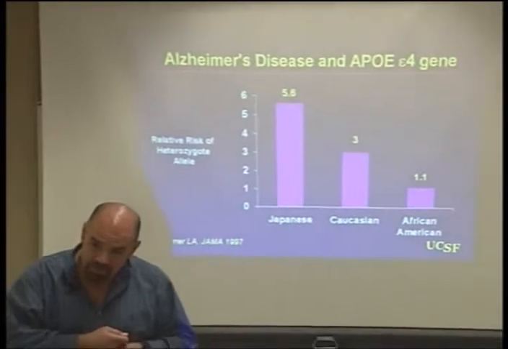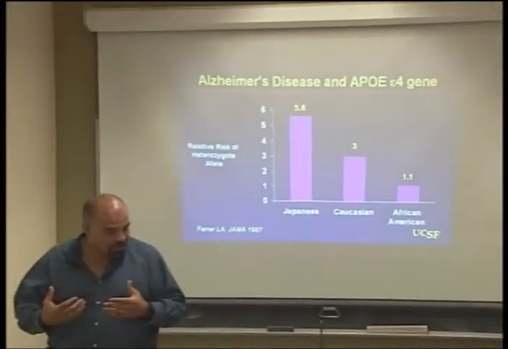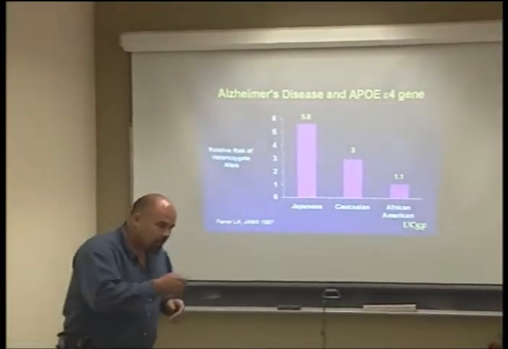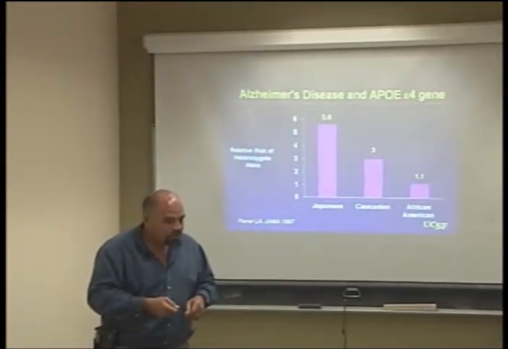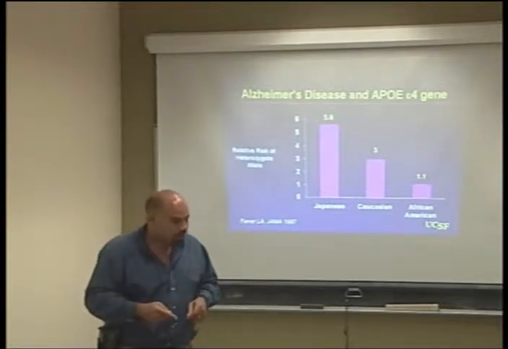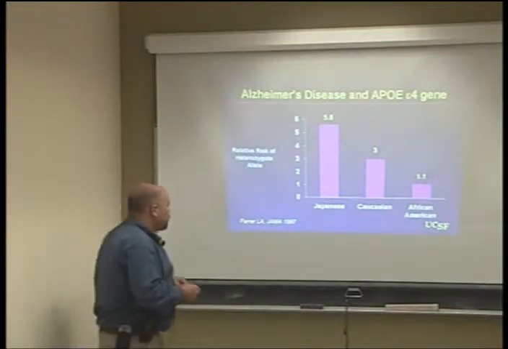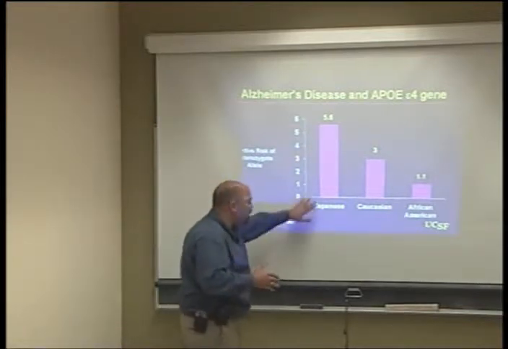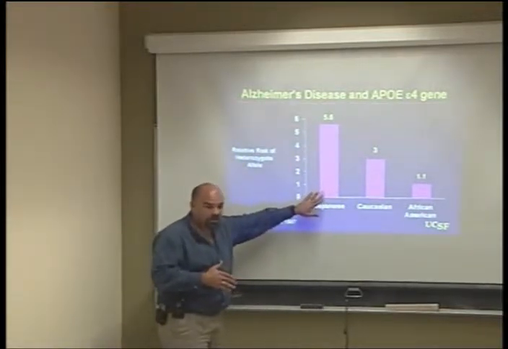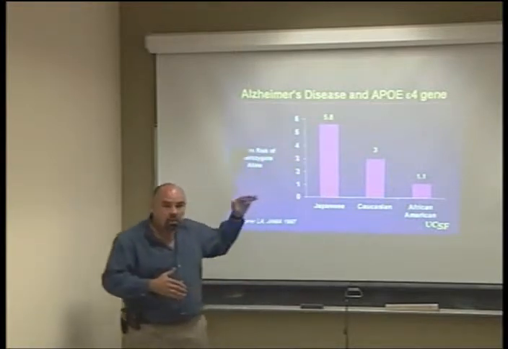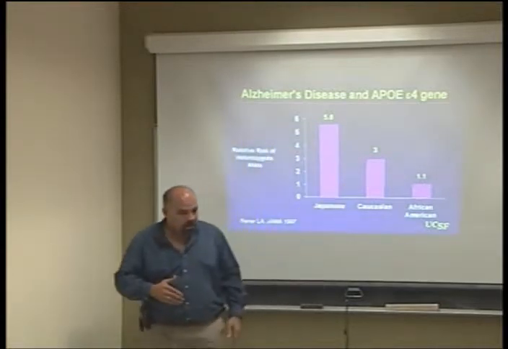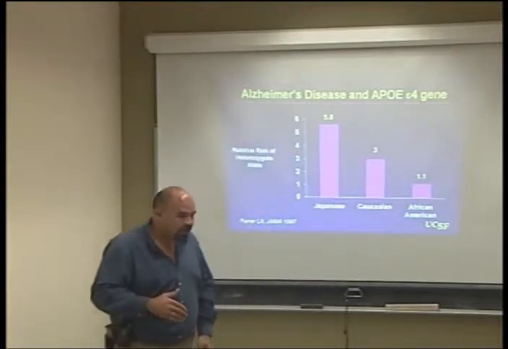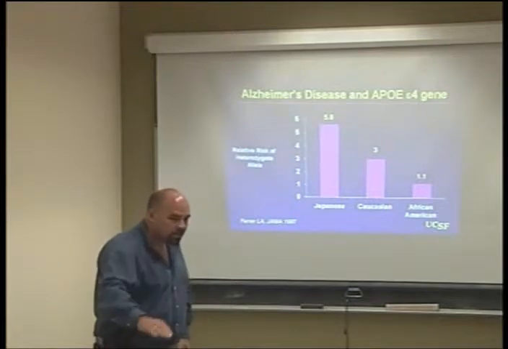But what's less talked about, but well known, is that if I randomly gave out the E4 card to each of you, the strongest predictor of who's going to go on to develop Alzheimer's here is your racial background. So if you're an E4 card carrying member and you're Japanese, you're toast. The risk is high, incredibly high. If you're Caucasian, it's also incredibly high. But if you're African American, it's zero, negligible.